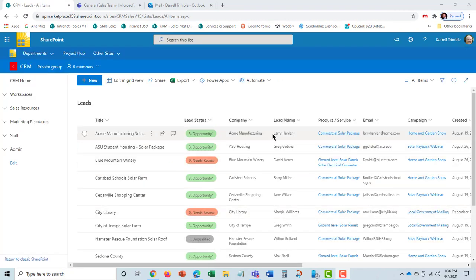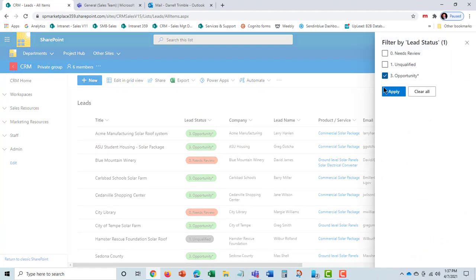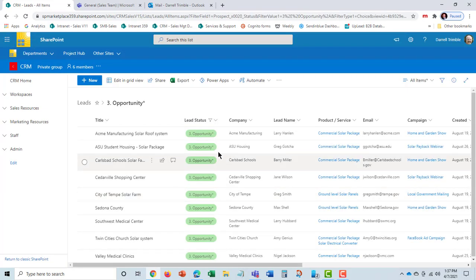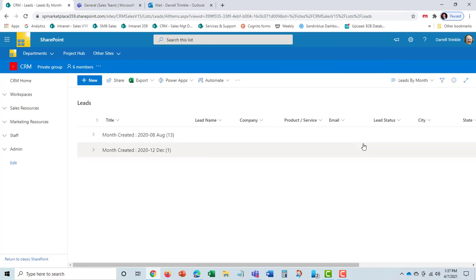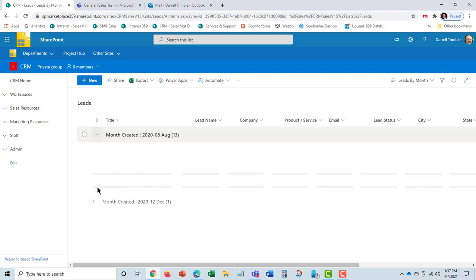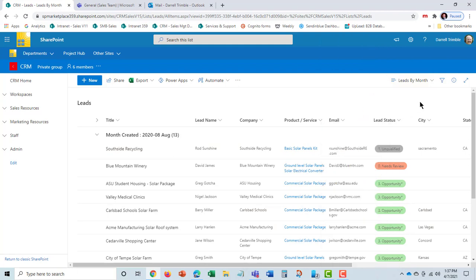And what we're looking at here is what's called a SharePoint list. And the nice thing about this is you can go in just like an Excel spreadsheet and say, look, I only want to see those that have been turned into opportunities, and filter right from here. And now I can see just those. I could also look at them in many different ways. Let's look at how many leads we had by month here. We could look at leads by source, by campaign, any different way you can look at your information through what